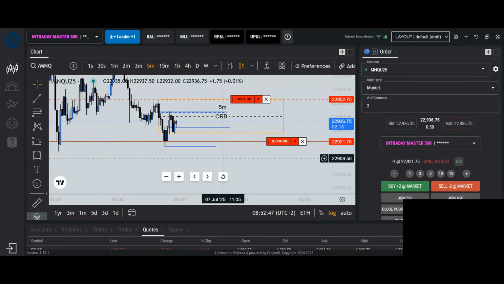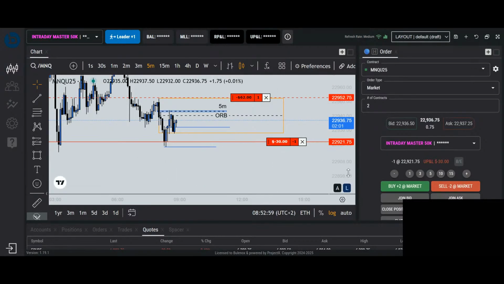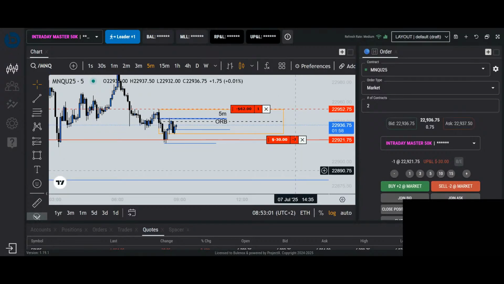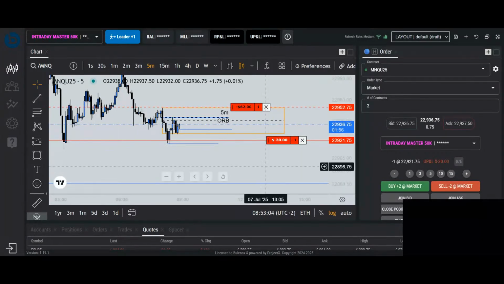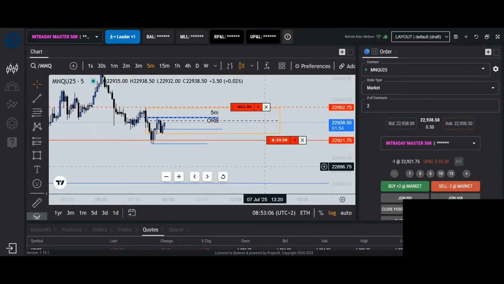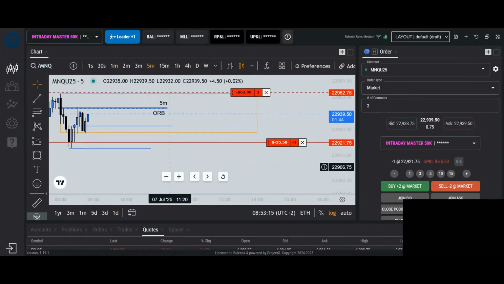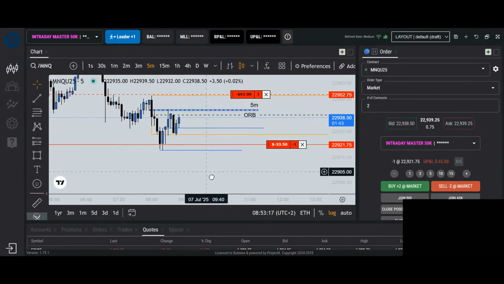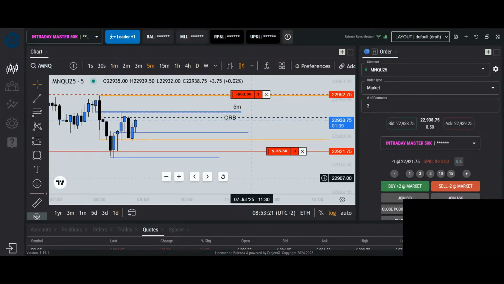So remember, Mondays and Tuesdays are most of the time manipulative days. So that means that the downside is possible. Wednesdays are most of the time accumulation phases. Thursdays and Fridays are distribution. So that means the way that we wanted to see it go. Those are the 3 phases that I most of the time see in the week. It's not always fully accurate, but it's something that you can keep in the back of your mind.